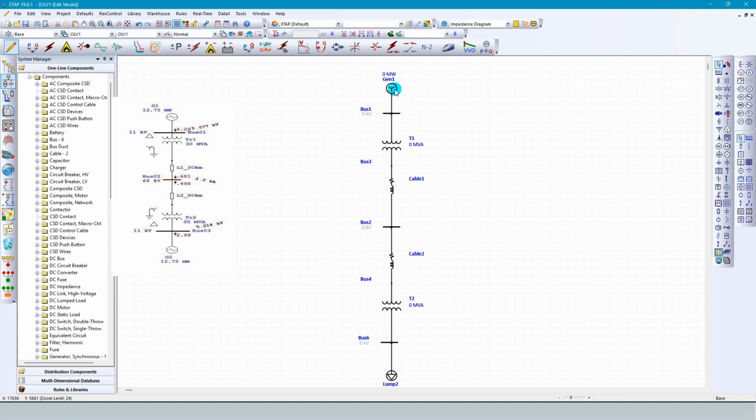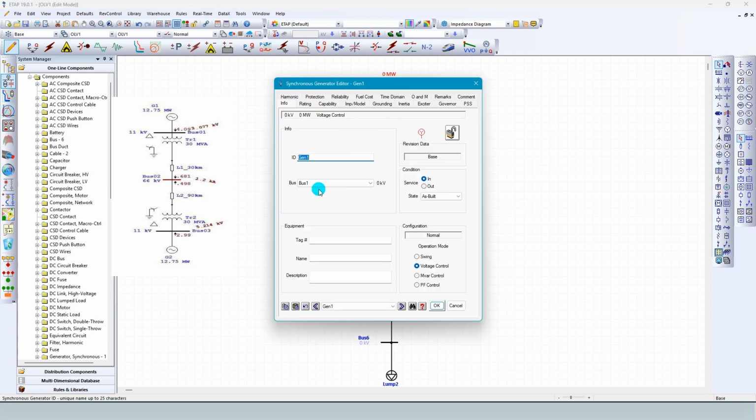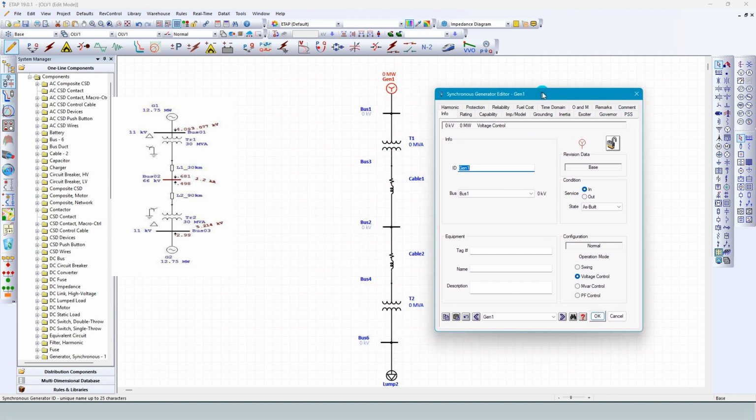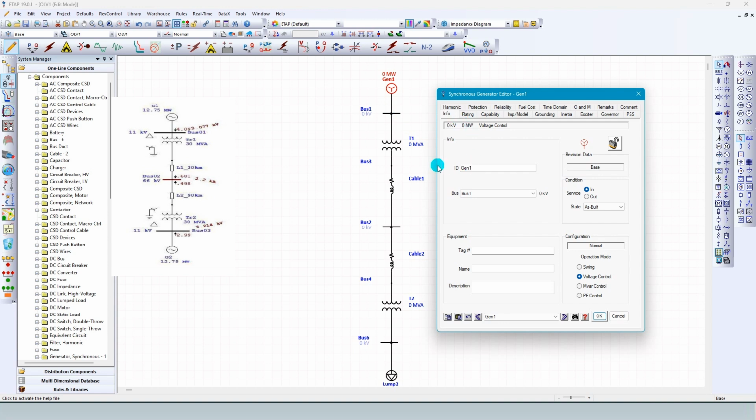Now input the rating value. The connecting bus is shown automatically.